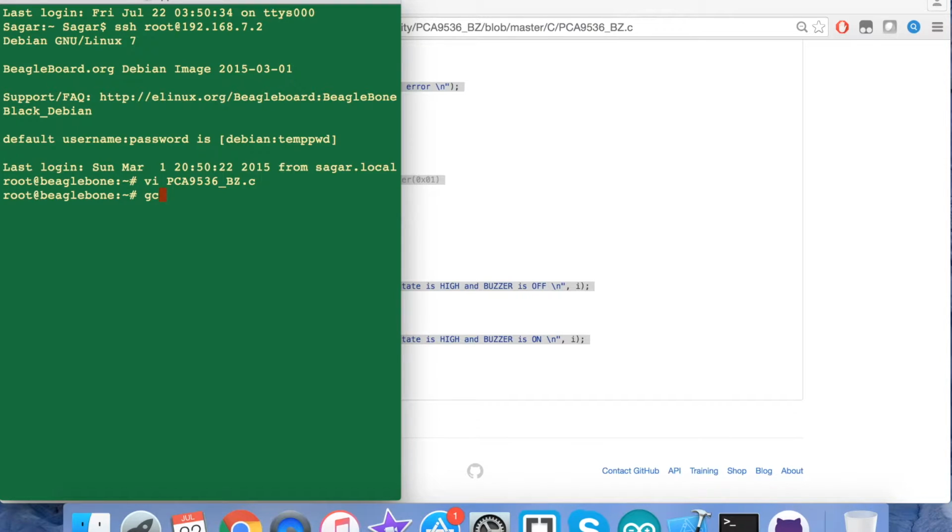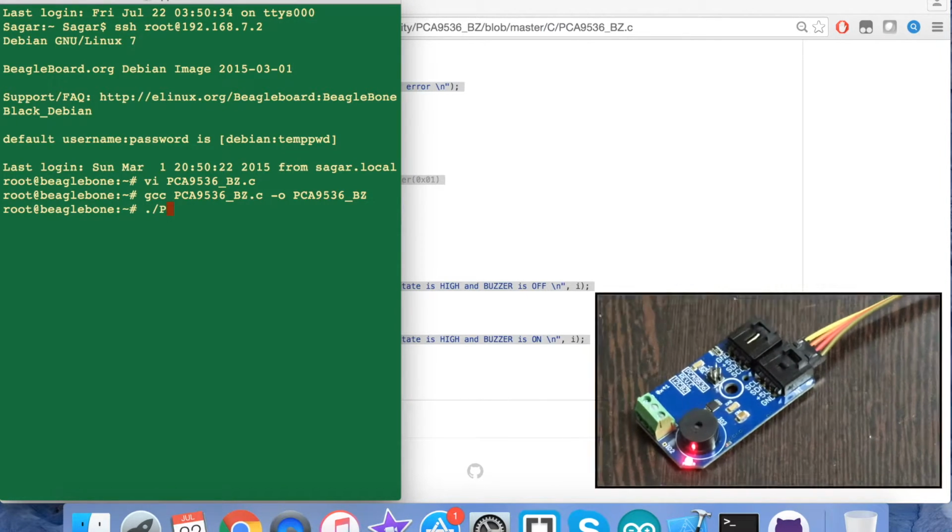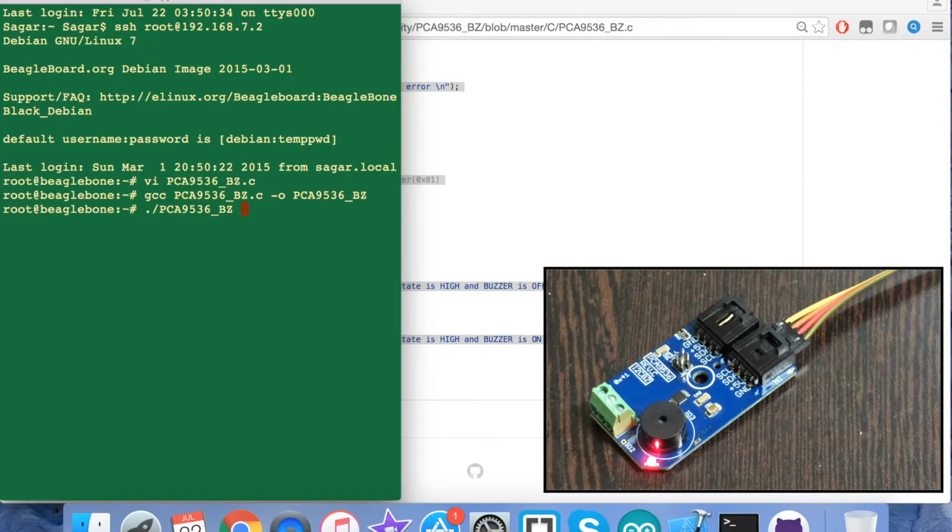Now, as you know, this is the command for the compilation of the code, and let me complete it, and here we are, and the code is now being compiled. It's done. Now to run the code, this is the command as we know, and let's see what we got here. And when I run it,